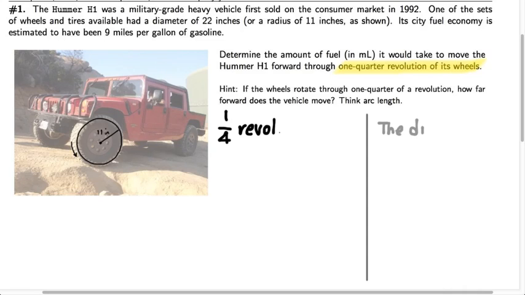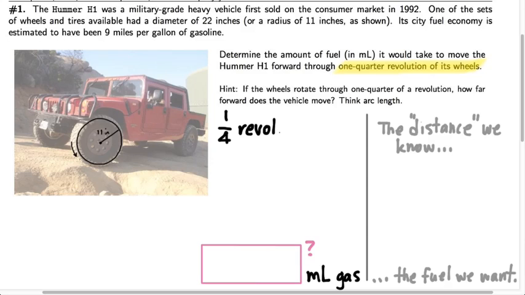Well, first thing we want to do is start with what we know. The distance we know is that we need to move this truck through 1/4 of a revolution of its tires. Ultimately, what we want in the end is a certain amount of fuel. So this is really just a unit conversion problem. We need to convert from revolutions of wheels down to milliliters of gas, using the information that you have in